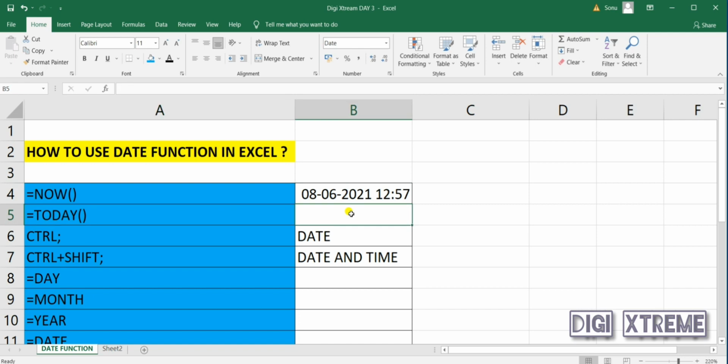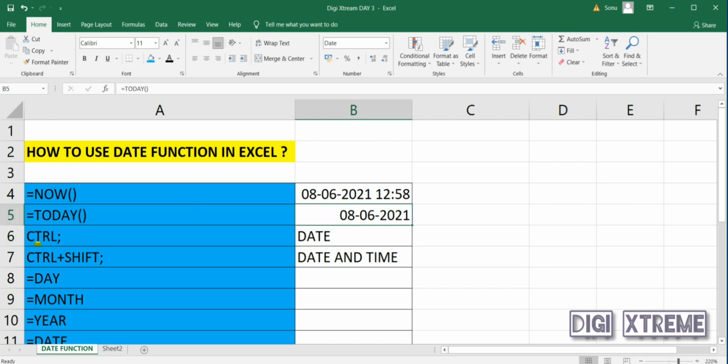So what I told you, to apply any formula we start with equal to or plus. You can try with plus as well, it works the same. All right, now TODAY, tab, then close the bracket. So let's see what we get with this formula.